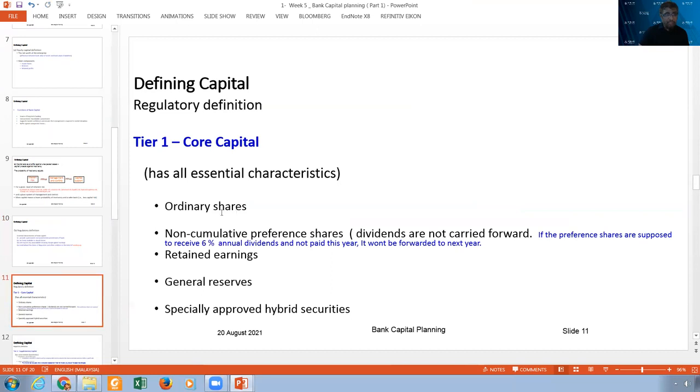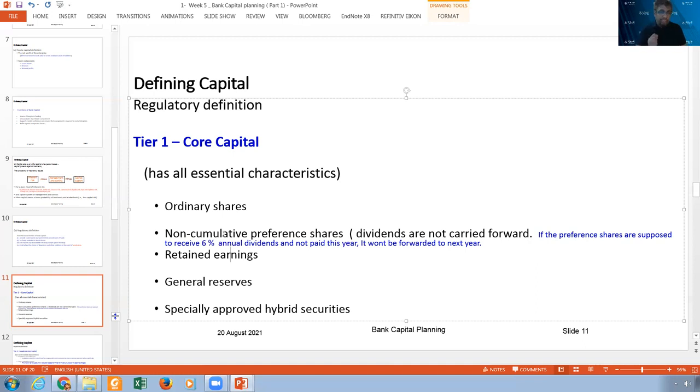The second one, ordinary shares, which is the equity. The second one is the preference shares. But for the preference shares, we pay dividends, actually. And that dividend is fixed, so I can pay 6%. And they have to pay it. It's like a debt. They don't have voting rights. We understand the preference shares are different from the common shares. We call what we pay them dividends, but it's a fixed dividend every year.